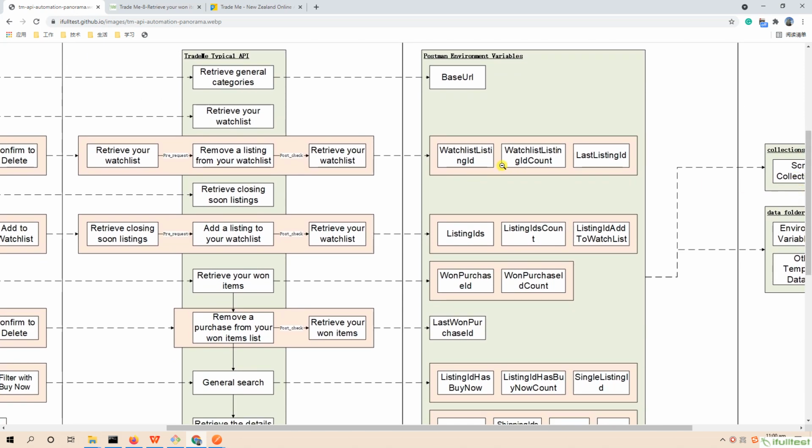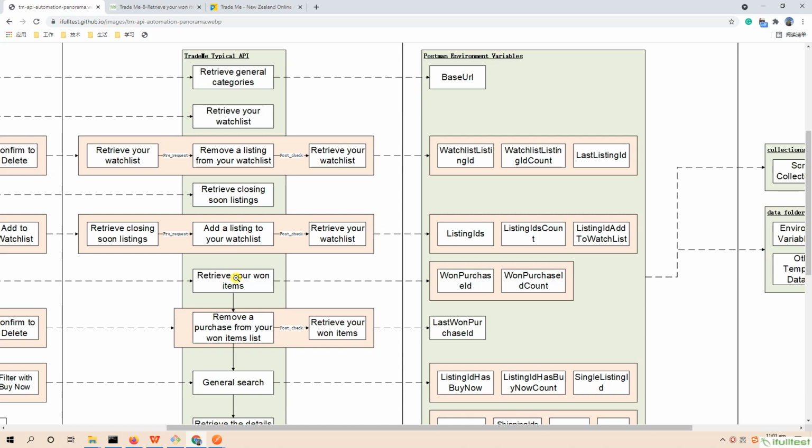First, we fill the authentication information and assemble the main API request. Second, we code the assertion by checking the key response field, purchase ID, to verify the main API's final status. Third, we store all the purchase ID we fetched and the count of this purchase ID to environmental variables for downstream API to use. Finally, we see any negative cases we can develop to extend the coverage of the corresponding transaction.